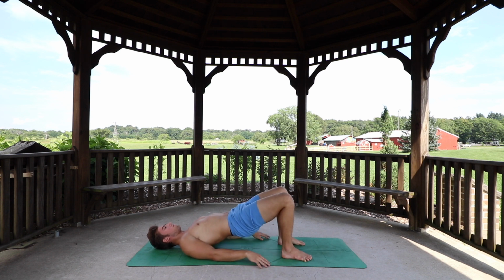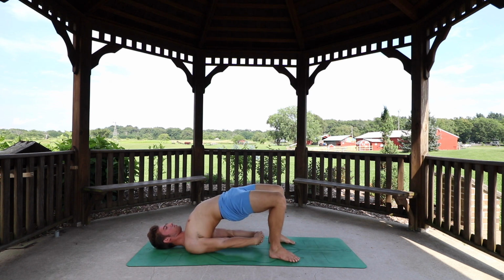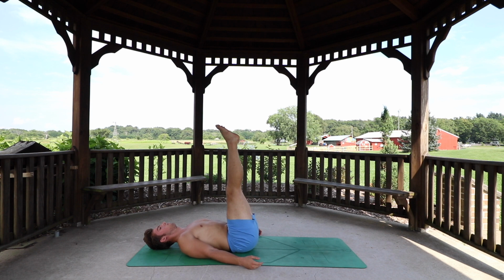With an inhale, lift your pelvis all the way to the sky for bridge pose. Clasp your hands beneath the glutes. Roll your shoulder blades towards each other underneath the body. Press the feet firmly into the earth and continue to breathe as you lift the hips higher and open the heart more. Lowering out of the bridge on an exhale, you can unclasp the hands